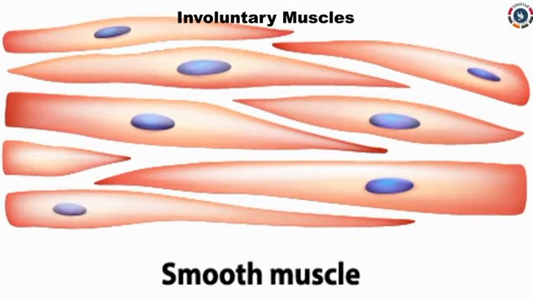The next type of muscle is smooth muscles or involuntary muscles. Smooth muscles, also called involuntary muscles, are usually in sheets or layers with one layer of muscles behind the other. Here you can see the layer of smooth muscles. These muscles are not under our control. We can't control this type of muscle. Our brain and body tell these muscles what to do without us even thinking about it. We can't use our smooth muscles to make a muscle in our arm or jump into the air.